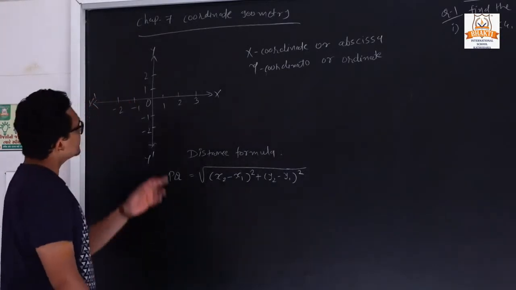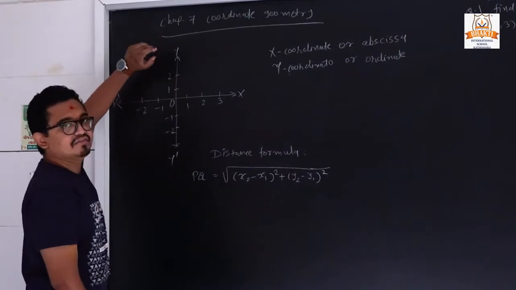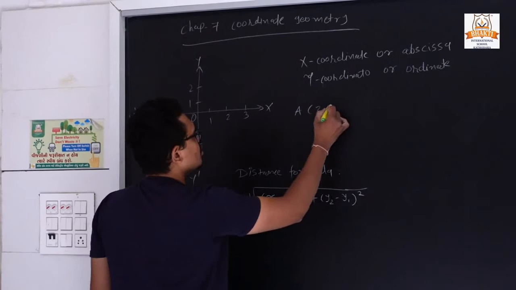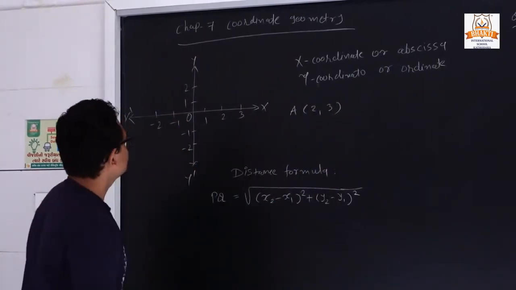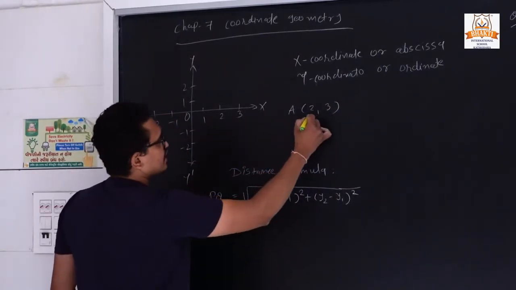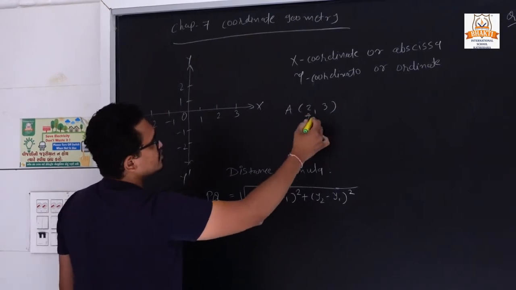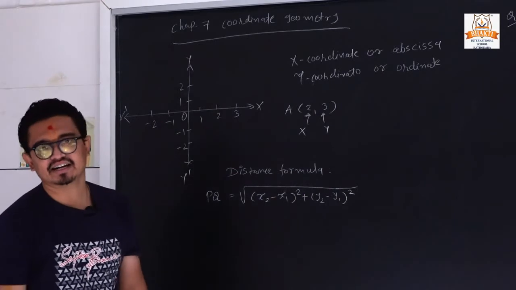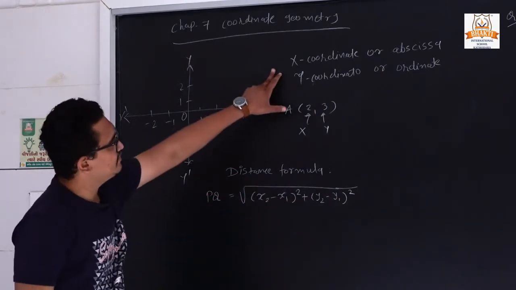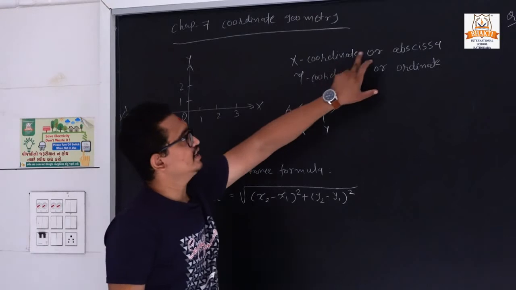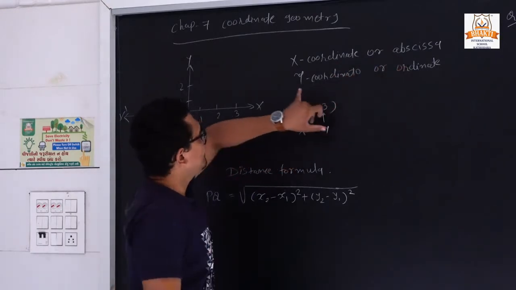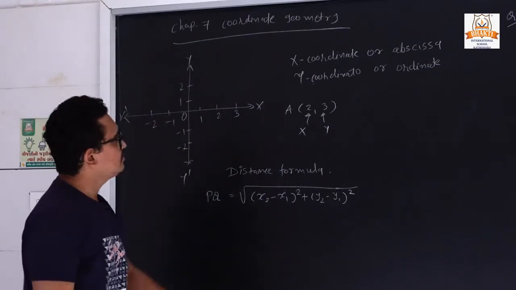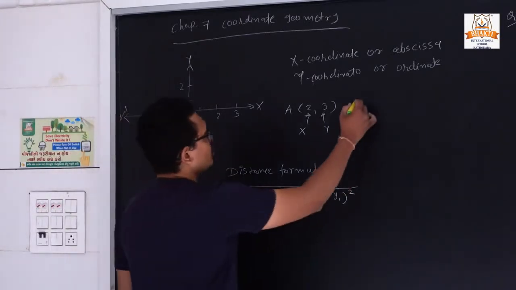Suppose they are giving us a graph. We can plot the graph. Suppose we have the point like 2, 3. So it is called the x coordinate first; first it is always the x coordinate, and second it is always called the y coordinate. In class 9 we became familiar with this. The x coordinate is also called the abscissa, and the y coordinate is also known as the ordinate. Clear?